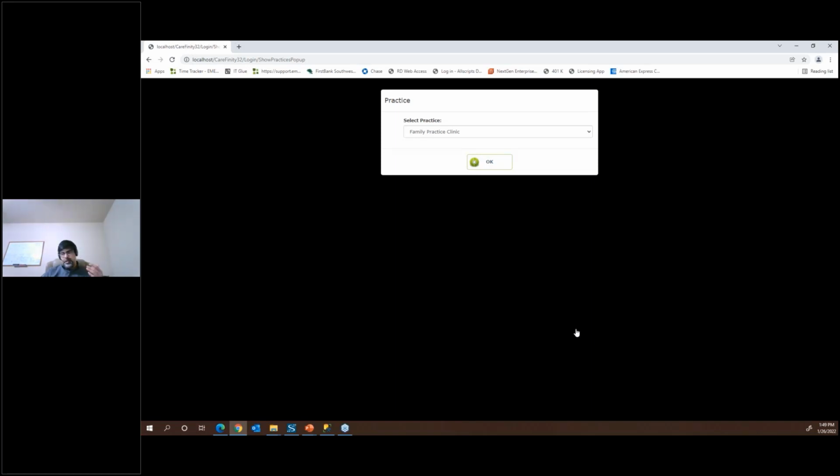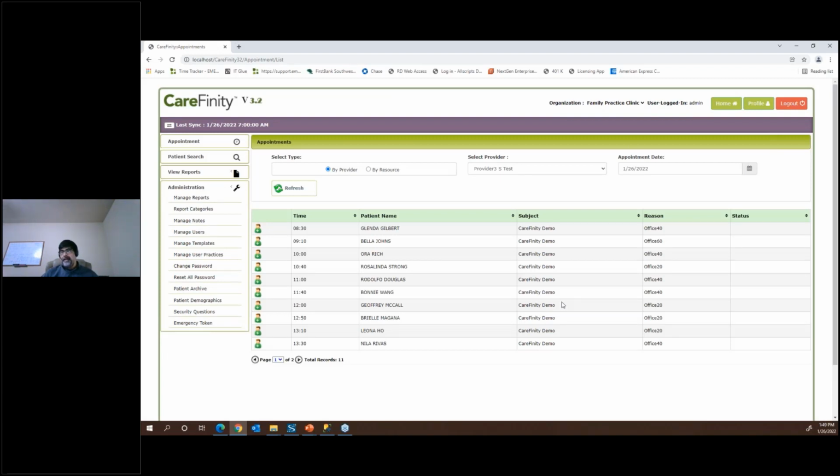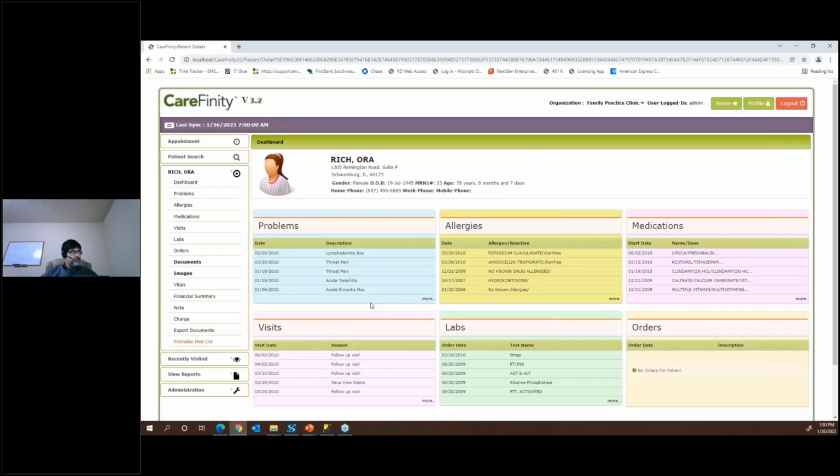CareFinity is a multiple practice concept. So if you have different data sources that are creating data, maybe different EHRs within your organization, and you need to keep that data within CareFinity, you can create different silos of data from within there. And so I'm just going to go ahead and log in here. And when I do that, in the event of an outage, it takes me right into my appointment listing for the day. I have the ability to look at different provider schedules, different dates based on what my need might be. And then I'm just going to quickly open up a patient here to give you an idea of what the data looks like on that patient.